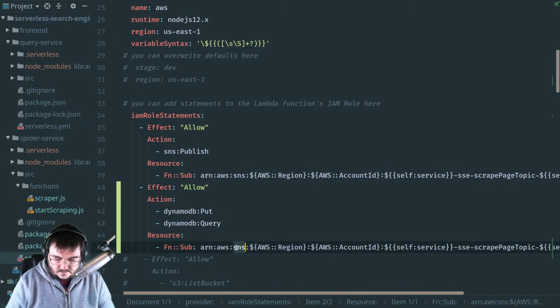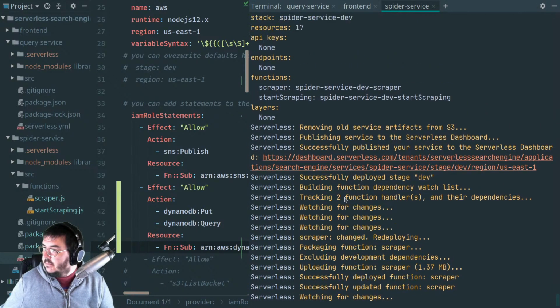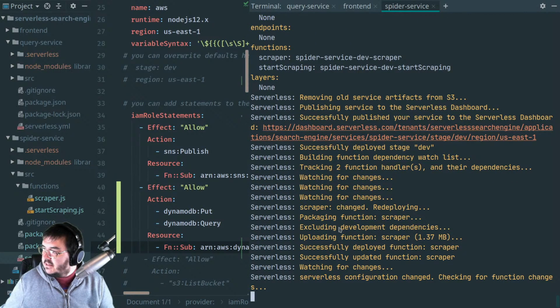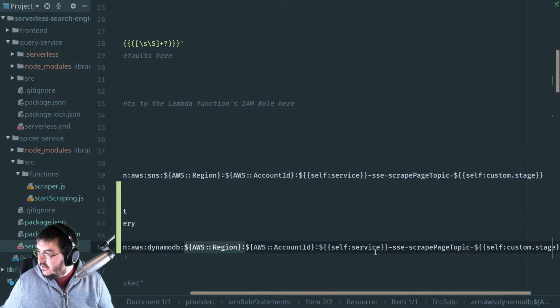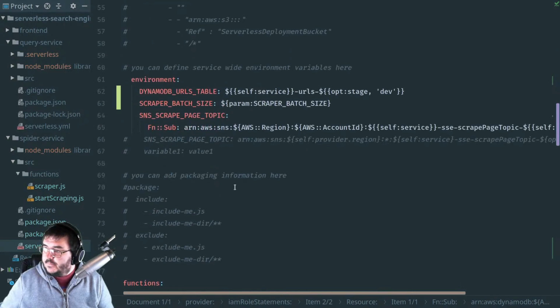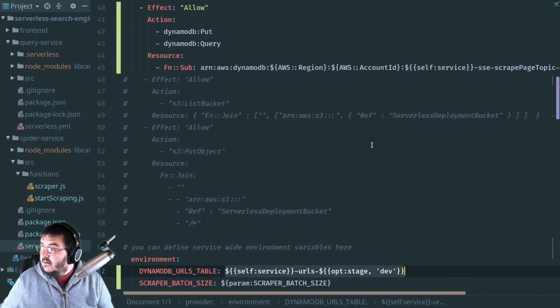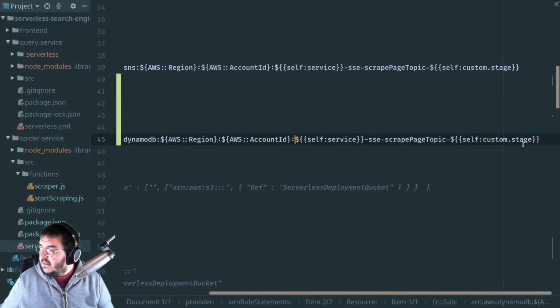And this will be DynamoDB. Let's just see that our deployment went successfully. Yep, it did. So it would have created our DynamoDB table for us. So this will be region. I want the table name. Let's go grab our table name. I'm trying to remember the syntax of the. So it would be the table name